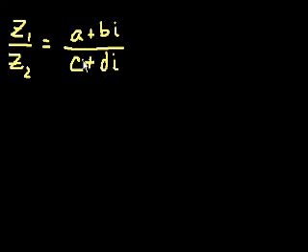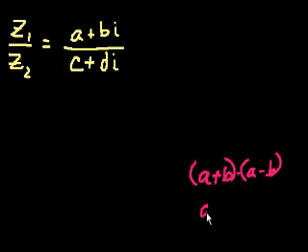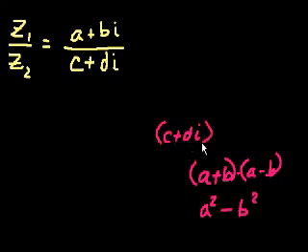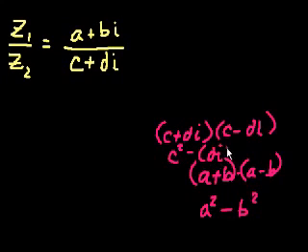Well, we're going to use a property that hopefully you learned in algebra: a plus b times a minus b equals a squared minus b squared. And so if I multiply a complex number c plus di times c minus di, what do I get? I get c squared minus di squared. And what's di squared going to be? It's d squared times negative 1. So it becomes c squared